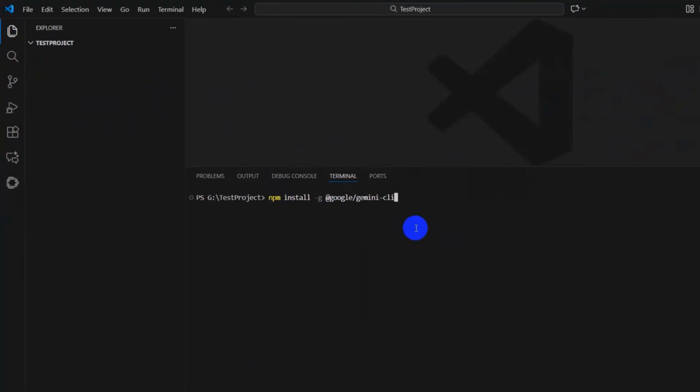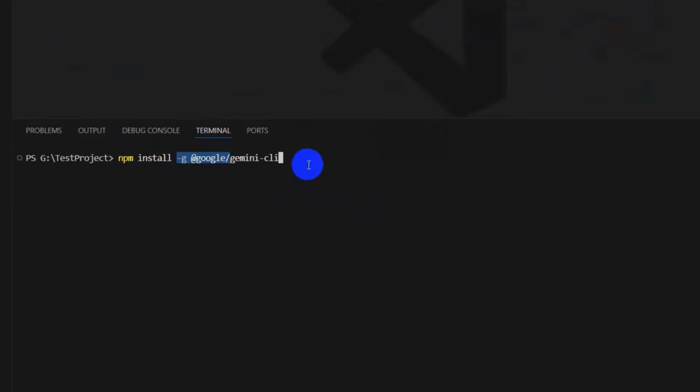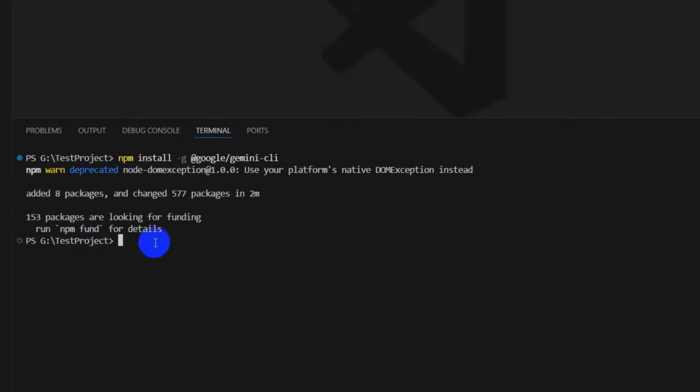So we write this command here: npm install -g @google/gemini-cli. Then we press enter and it will install Gemini CLI in our Visual Studio Code. And there you can see the installation is done. Right now, if we just type Gemini here and press enter,